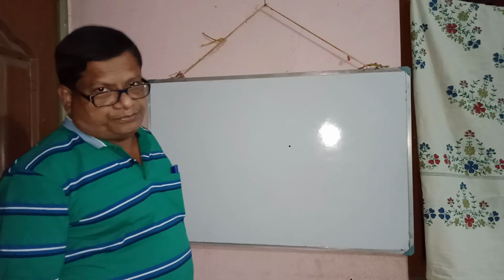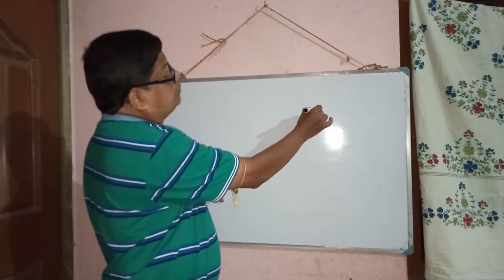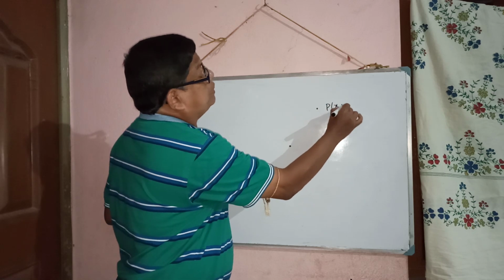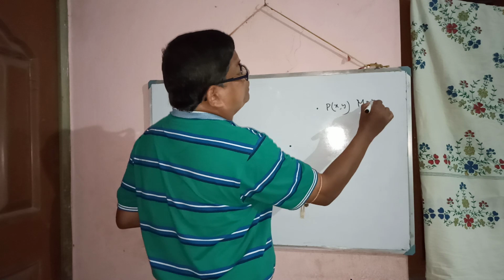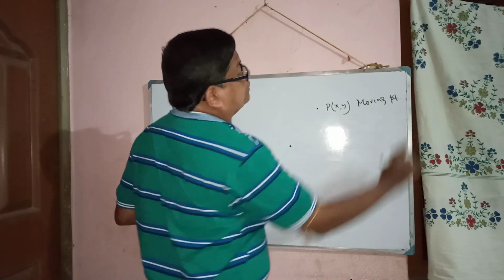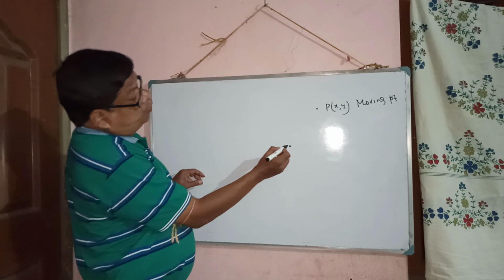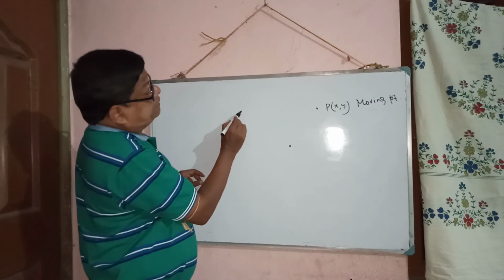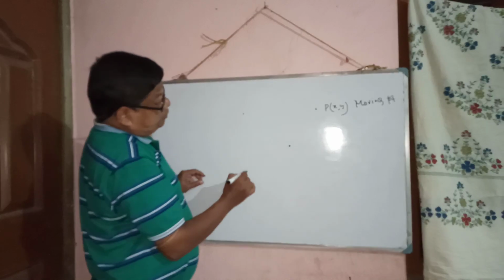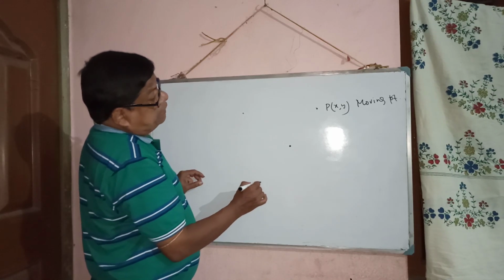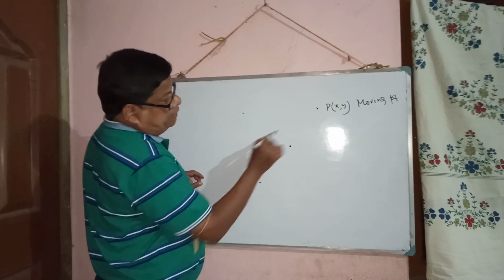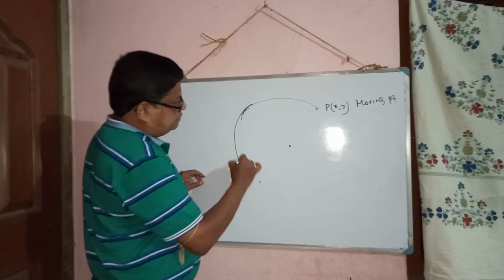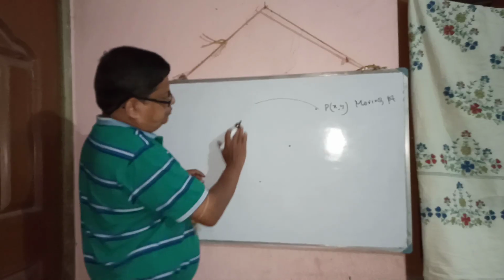Suppose look at here, one point is there. This is the fixed point. One moving point is there. This is the moving point, suppose P of x y. So this is fixed. Suppose the position is here. Again suppose the position is here. The locus means here like that. See, this is the locus of the point here like that.